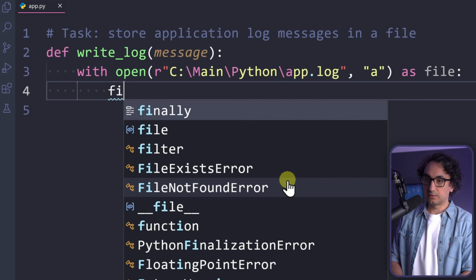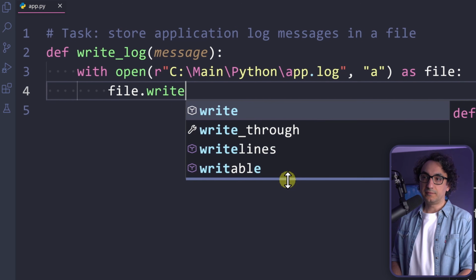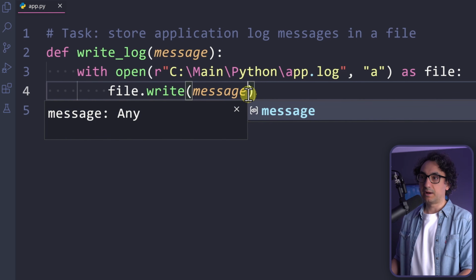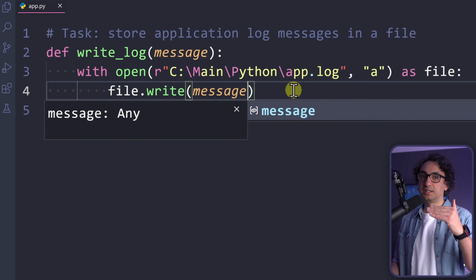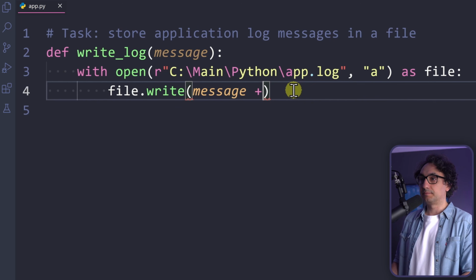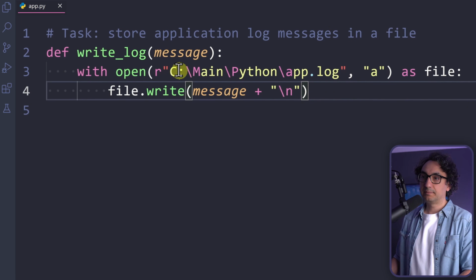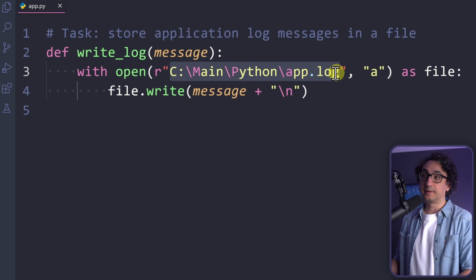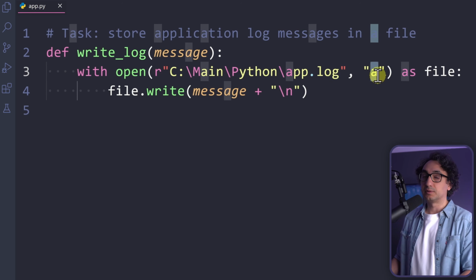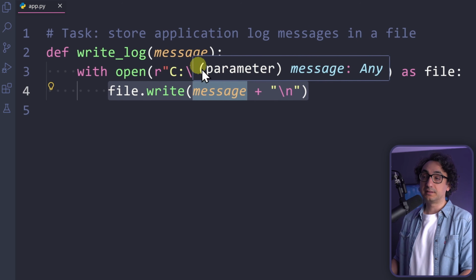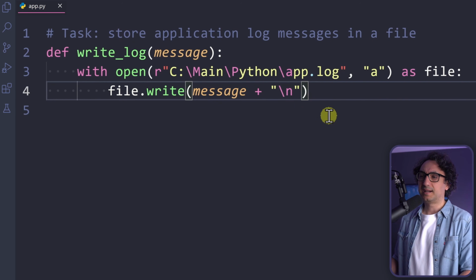So now what we're gonna do, we're gonna go and write something to the file, right? So what we're gonna write inside the file, it's gonna be the messages. So it's going to be our parameter. And now, since I would like to see each message in a new line, I'm going to go and add a plus and then a new line. So \n. So again, what's going to happen? Python going to go and create a file called app.log inside this path. The mode is append, so it will not delete the data inside the file. And then what is the action? We are writing inside the file by adding the parameter message into a new line. So actually, it is very simple.